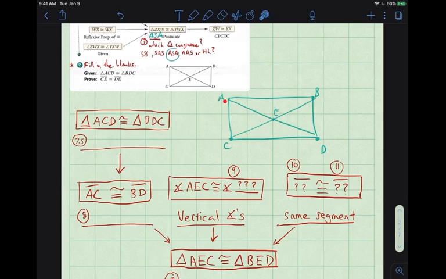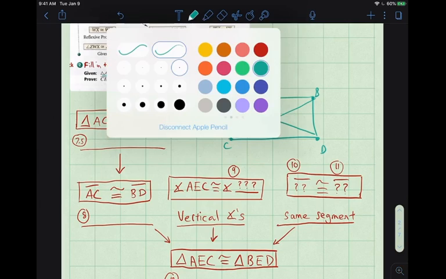BDC. Okay, so these two triangles at the bottom are congruent. So that means this side is congruent to this side. Maybe I'll change colors for this. Okay, so knowing the congruent triangles from the given,